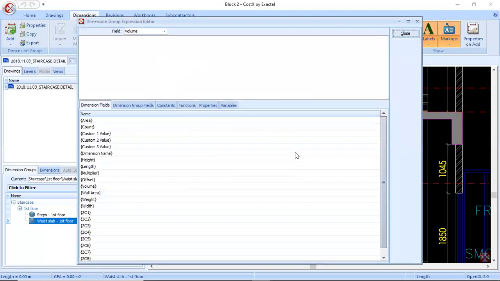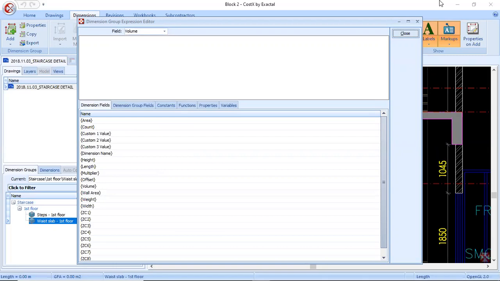I need to find the slant length. For slant length, I'll apply the Pythagoras theorem. I'll measure the length of the waist slab directly from the drawing. Height, I know it is 1.54.